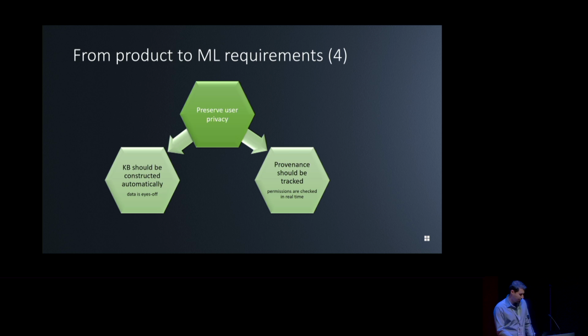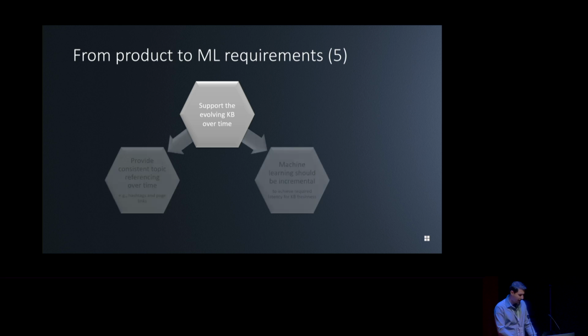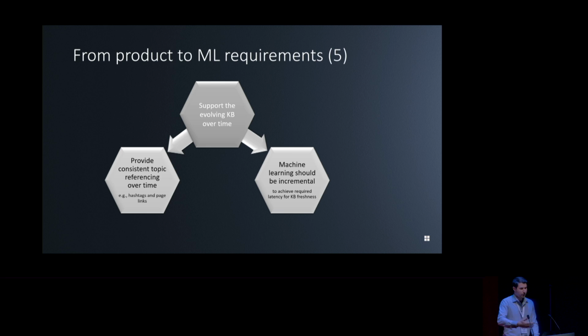And then secondly, as you build the knowledge base, you have to track provenance because permissions are actually always checked in real time. Even if someone had access to something when the knowledge base was constructed, when you surface the topics to users, this needs to be checked again whether they have access to this information because they might no longer do. So you really need to track provenance. Right, and finally, the KB actually evolves over time. So it's not a batch process, right? So what this means is that as new information arrives, you can't just recompute the entire KB because then it will not be stable. People will not see what they expected to see because it was previously there.